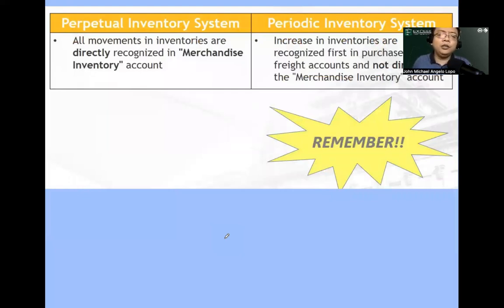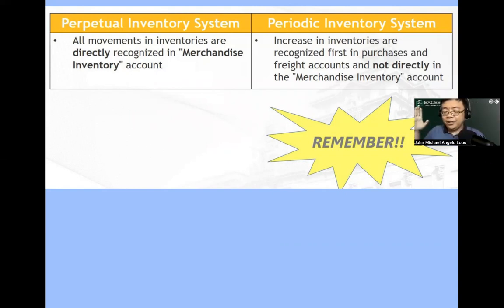In the perpetual, all the movement in the inventories are there. Ito yung sinasabi ko kanina. They're all to be directly charged to the merchandise inventory. Pero yung ating periodic specific, di ba? We discuss about sales, return and allowances, sales discount. We discuss about cost of goods sold. How do you calculate the cost of goods sold? Beginning inventory plus purchase minus ending, you have your cost of goods sold. So that's why very important here is periodic kasi required ka makonduct ng physical count. Please remember that one. No?